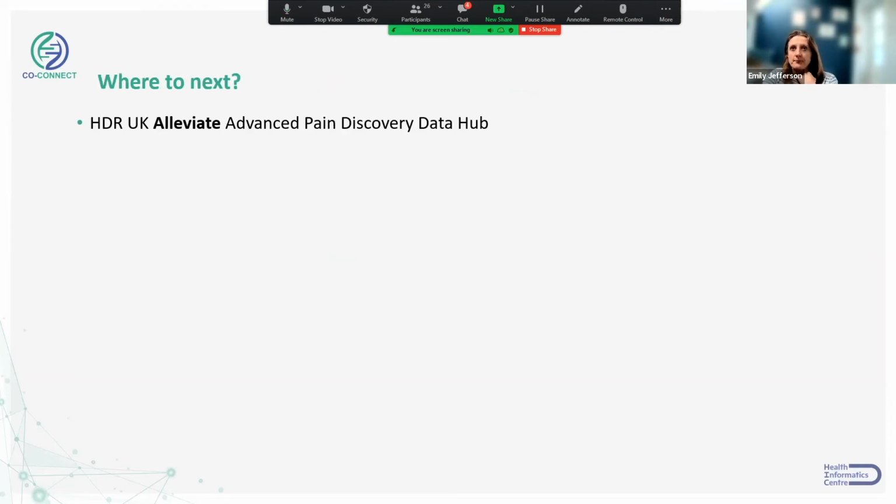So what's next? HDR UK Alleviate advanced pain discovery platform. As stated earlier, an objective of CoConnect is to further develop the robust UK health data infrastructure to enable long-term impact for health data science beyond COVID-19. This architecture is helpful across all disease areas, and what we're trying to do with Alleviate is onboard into the same architecture pain data sets from across the UK as part of this new Alleviate hub, which I'm the director